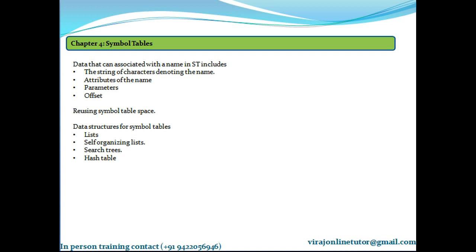The next data structure that we could use is a hash table. It gives us the capability of performing m accesses on n names in a time which is proportional to n into m plus n divided by k, for any constant k. Now this method is superior to linear list or search trees and is the method of choice for symbol table if storage is not costly.